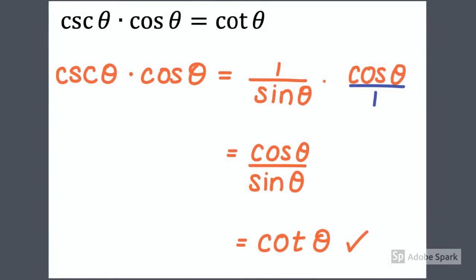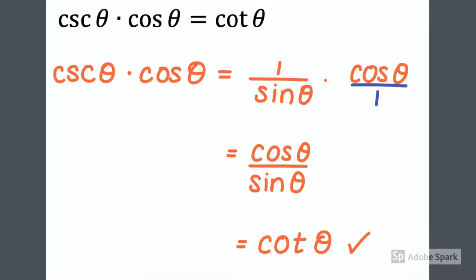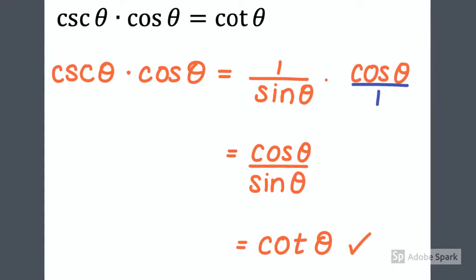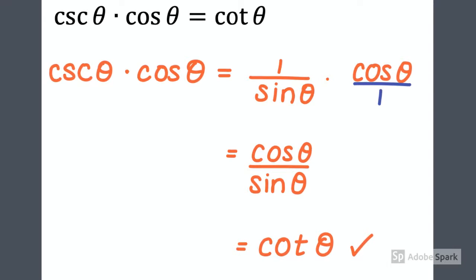Then, in my line that is 1 over sine times cosine over 1, I simply multiplied across. 1 times cosine is cosine, sine times 1 is sine, to get my second line, cosine over sine. And finally, since I have cosine over sine, I know that that is the identity for cotangent. So in my third line, I said equals cotangent, and now I'm done because I verified that cosecant times cosine